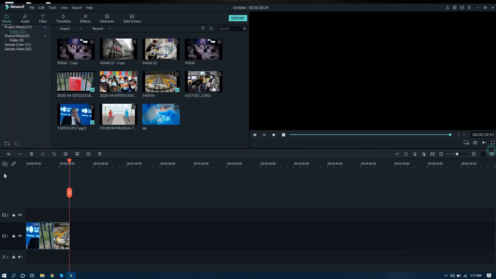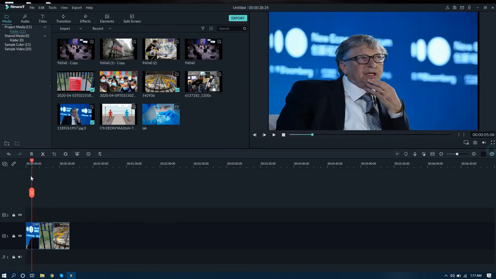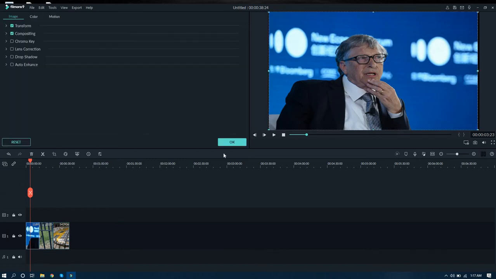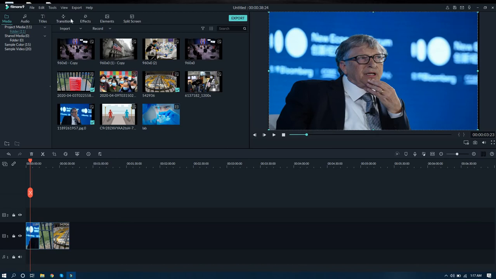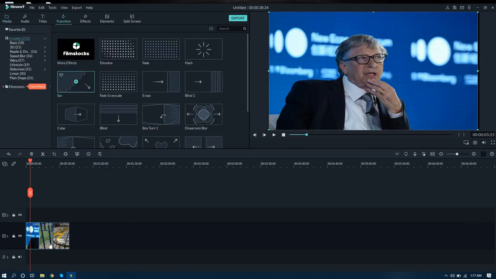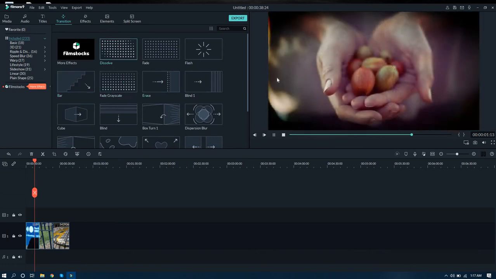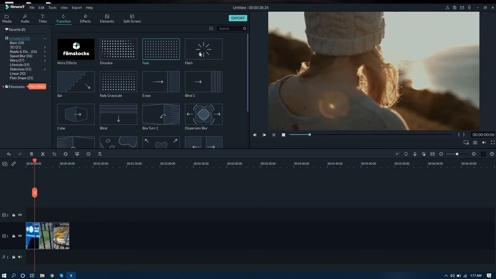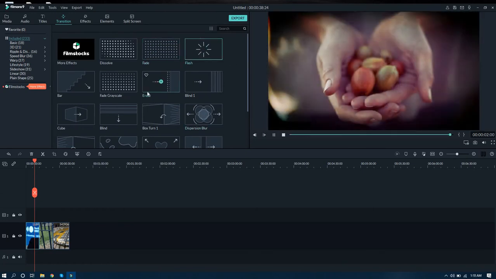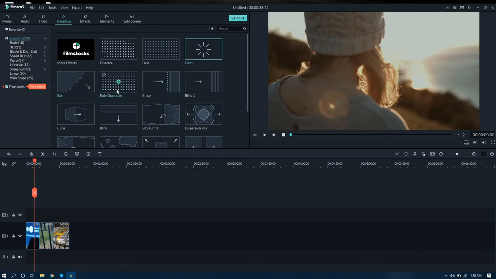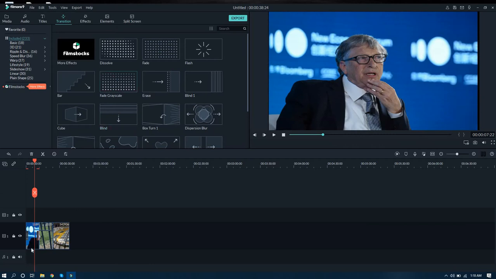Okay, now let's go ahead and move to the first image. And if I want to add a transition, here we can click. If you click here, then whatever transition you need, if it is dissolve or fade or any transition, you can hear the demo here, and we can add the transition to the video here.